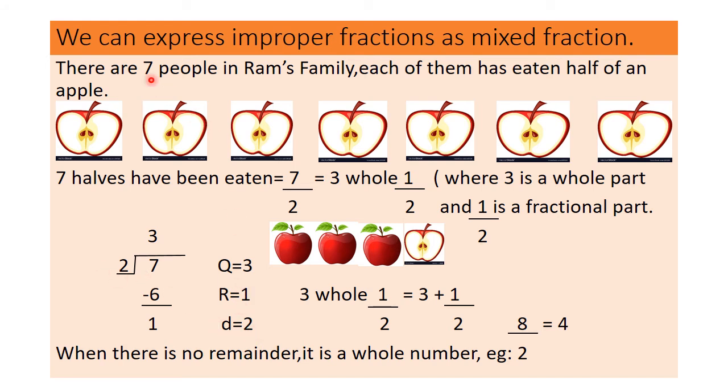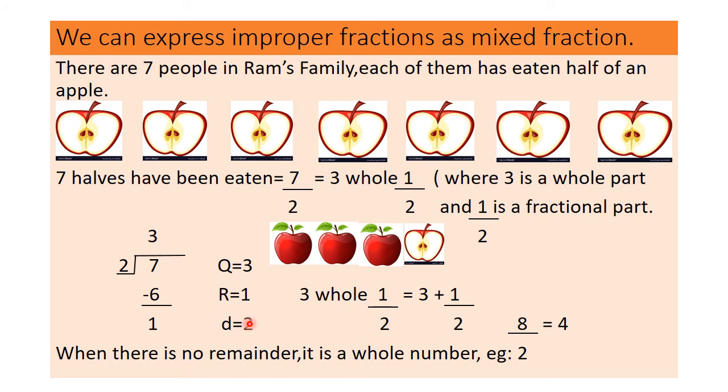While converting the improper fraction into a mixed fraction, we need a formula. We first write the quotient as the whole part, and then for the fractional part, the numerator would be the remainder and the denominator would be the divisor. In the same way, in the place of quotient, I have written 3 whole. So we have got the whole part and now we have to write the fractional part. What is the remainder over here? It is 1. So I have written 1 as the numerator, and for the denominator I have to write the divisor, which is 2.